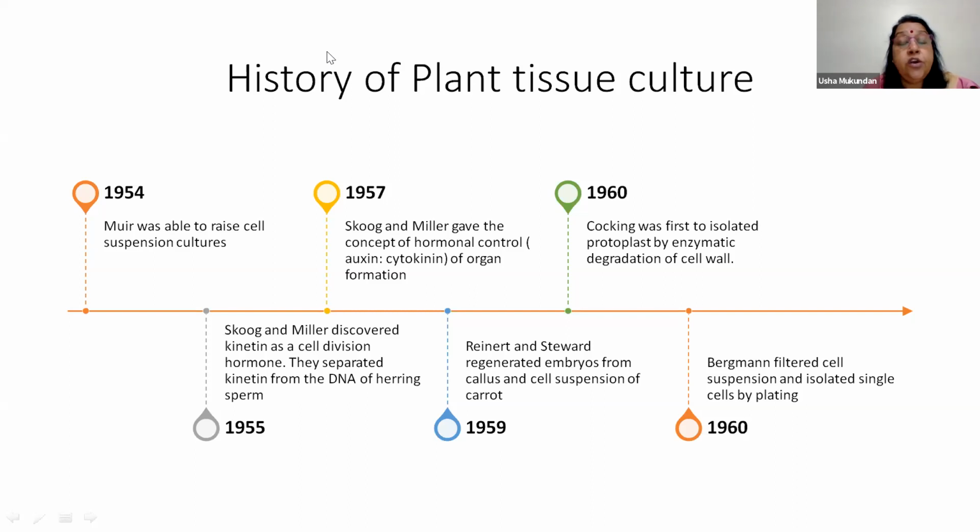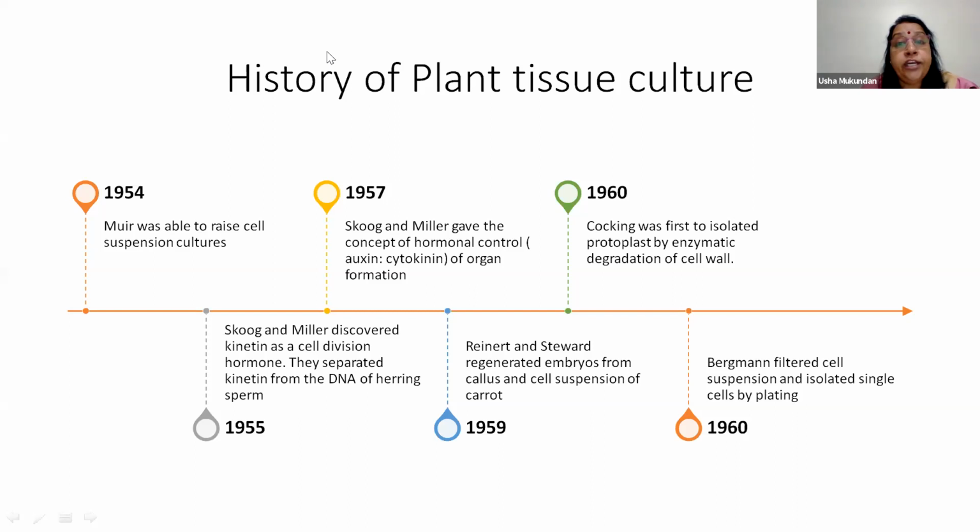So carrot continues to remain as a model system for somatic embryos because these embryos are developed from somatic cells, and therefore you call it a somatic embryo. Now, whenever you have a new system in place, you are also very interested in finding out how this new system is responding, and you are trying to experiment with it.